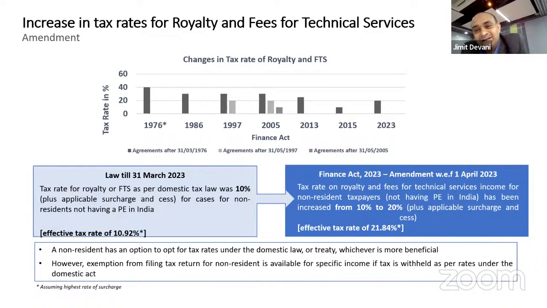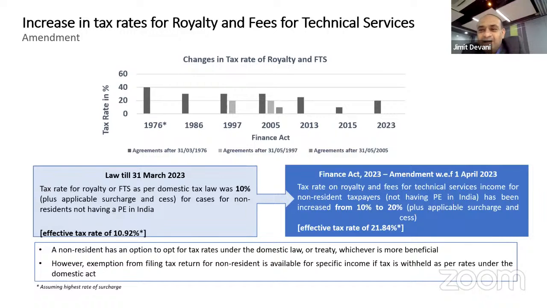One judicial precedent says that if you want to claim the tax treaty benefit, then you need to file your tax return in India, on the premise that the tax authority should have an opportunity of examining whether you are subject to the treaty or not. Other viewers know that if you are not taxable, then the question of filing a tax return does not arise. And different companies were adopting different positions. There were a few companies who were paying taxes at 10.92%. That means 0.92% extra. And the foreign companies were not filing their tax return in India.